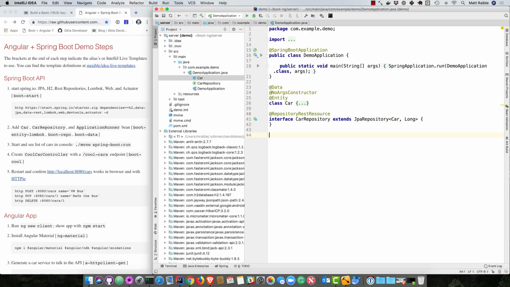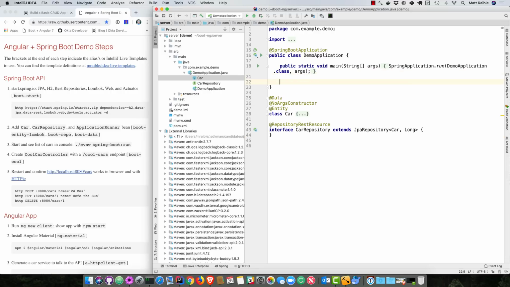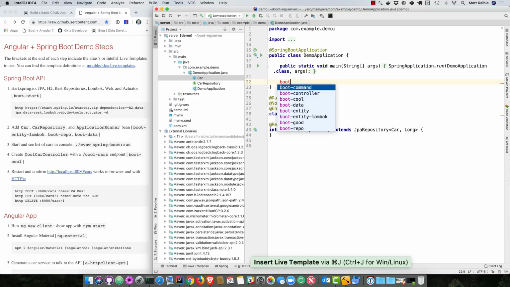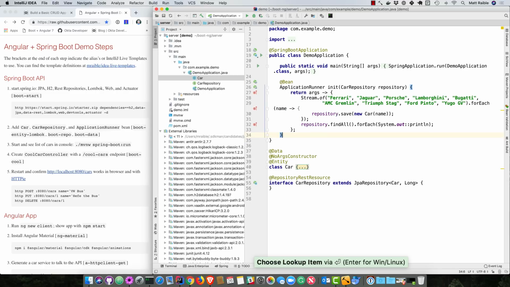And so then the last thing we're going to need is just some sample data. So this is an ApplicationRunner. You can see that it streams a list of car names, Ferrari, Jaguar, Porsche, etc., and then goes ahead and saves those using the repository, and then does a findAll and prints them all out at the end. So at this point we can run our application,